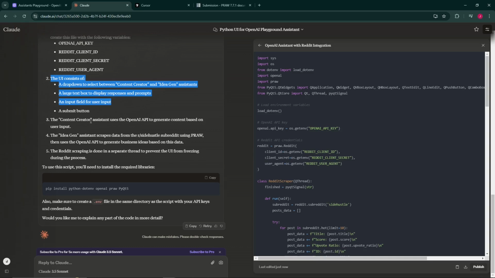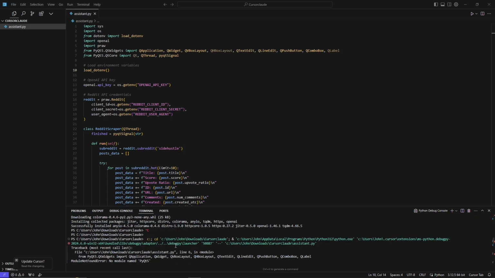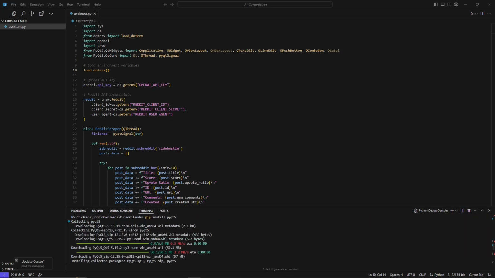And then it just goes over the UI and it tells us what libraries we need to install. So let's go ahead and bring this over to Cursor. I wanted to kind of catch it all. The only things you missed or that I did not record was I went ahead and installed some of the libraries that were not installed on this machine. So OpenAI and